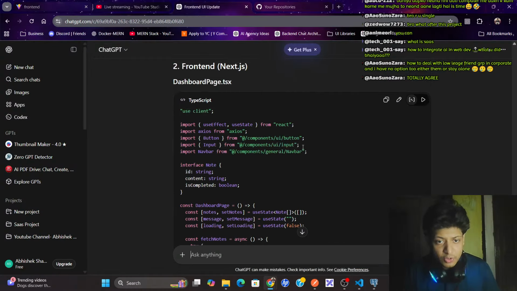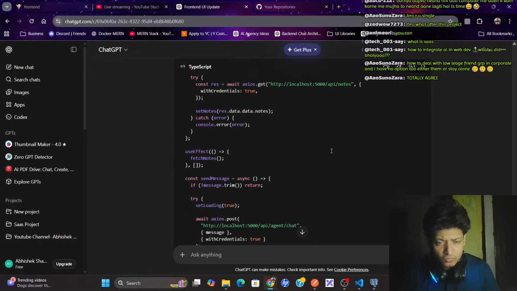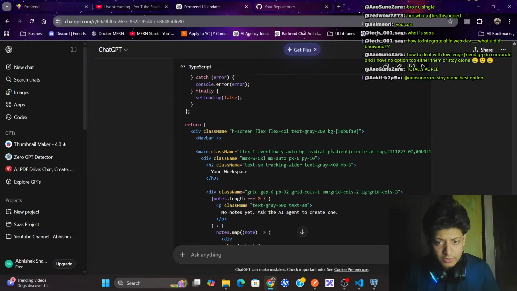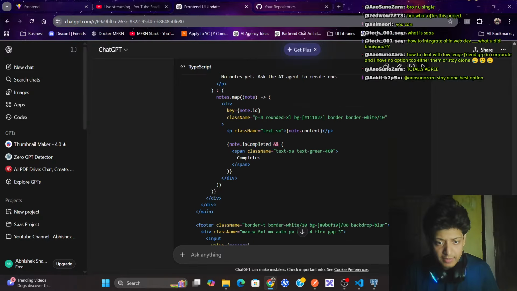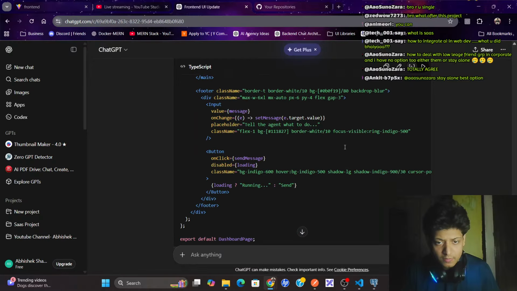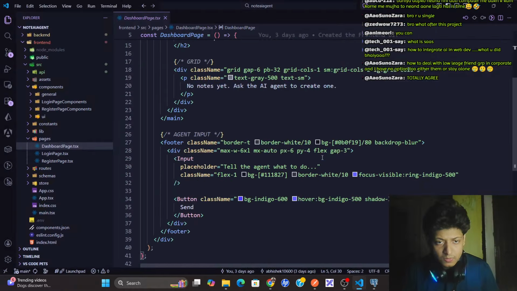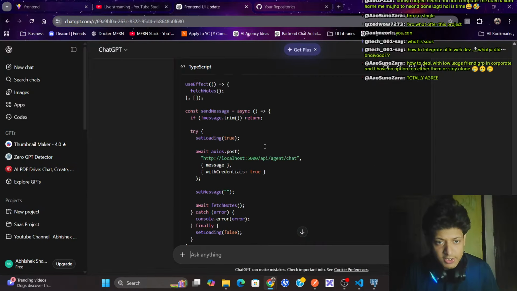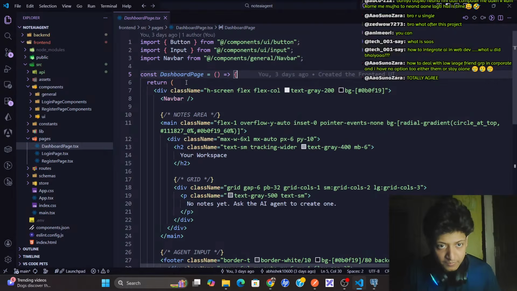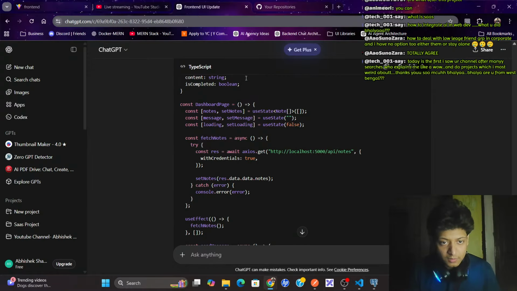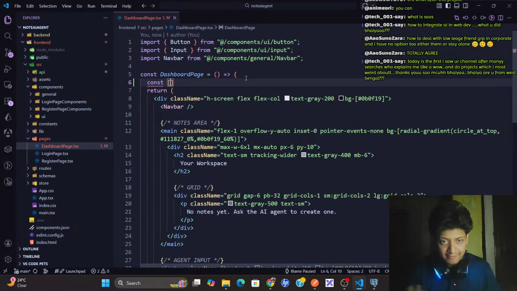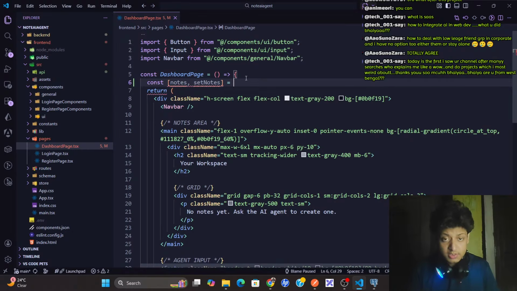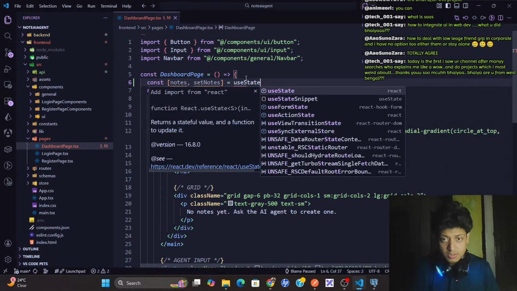Now in my dashboard part, workspace. Okay. Notes.map footer. Okay, so the first thing is to use a useEffect. Const notes, setNotes equals useState.